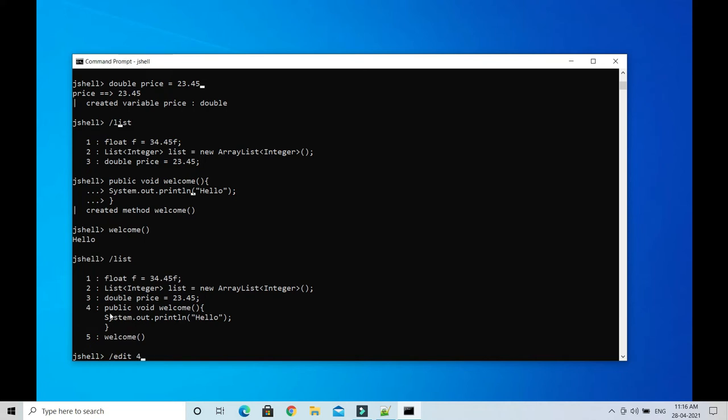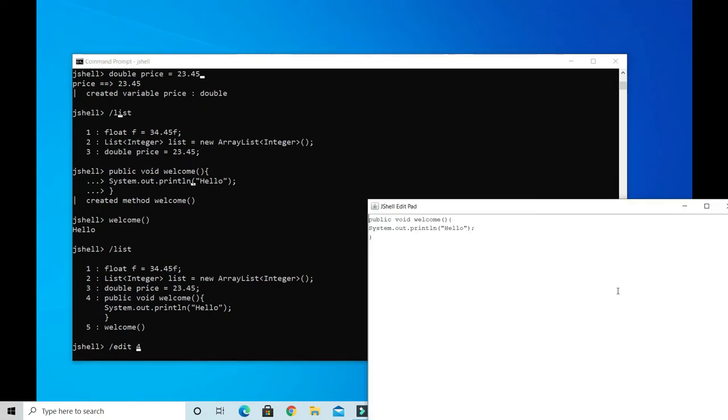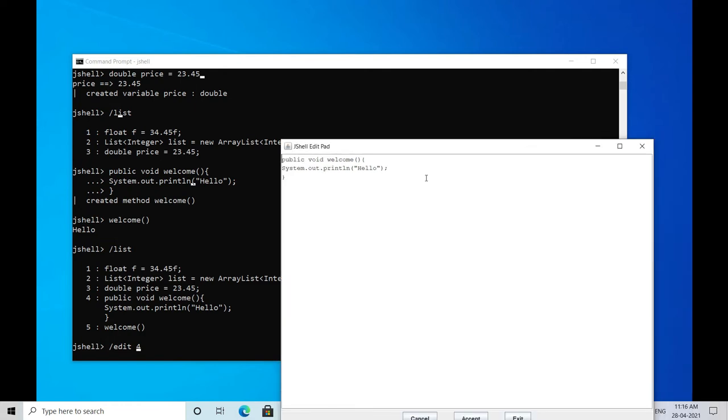On fourth number this method is there. If I press enter, let me press enter. I don't know what happened. Then here you can see you'll get a small pop-up, and if you want to edit a previously defined method, class or interface, then of course you can use /edit, and here we can edit this method easily.